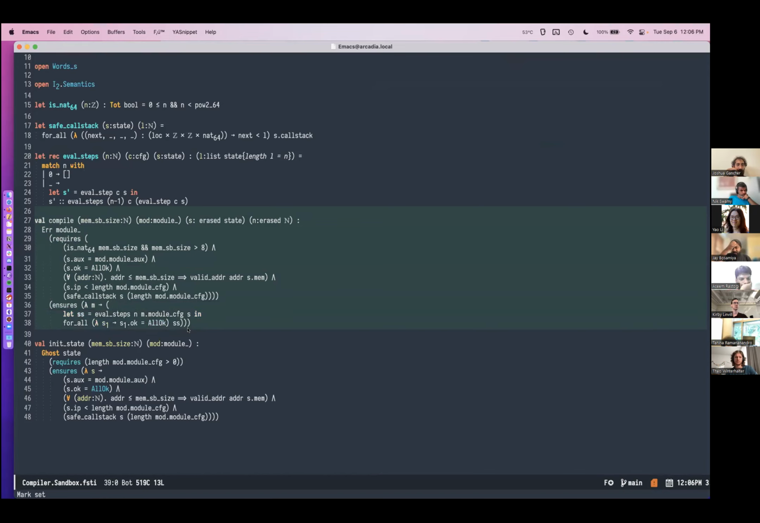This main function basically covers the safety properties that we provide, the sandboxing safety property. Specifically, it takes a module. A module here contains the CFG-based code, as well as a few other auxiliary details around things like, here are where the functions are, here are the sort of indirect jumps that could occur, and so on. And then it takes an erased state and an erased integer,